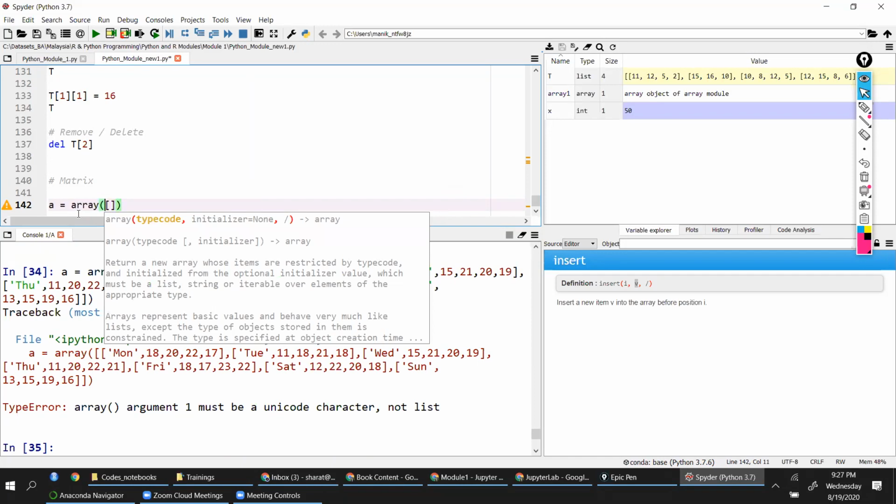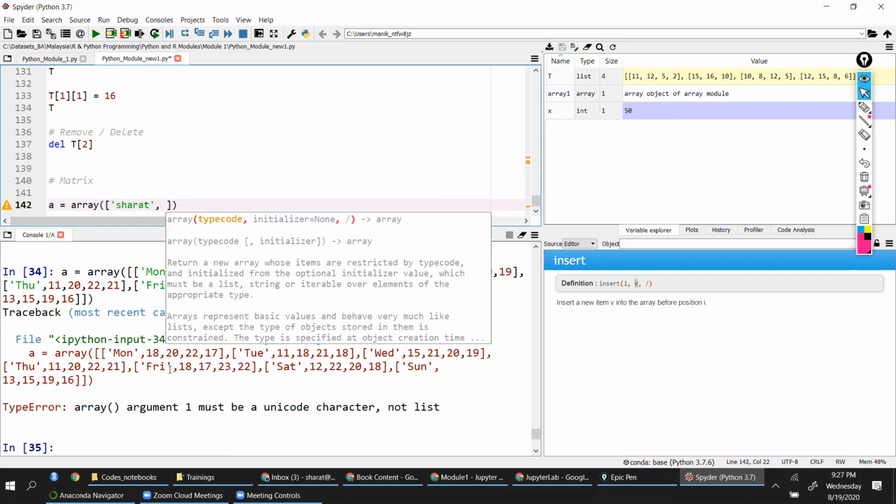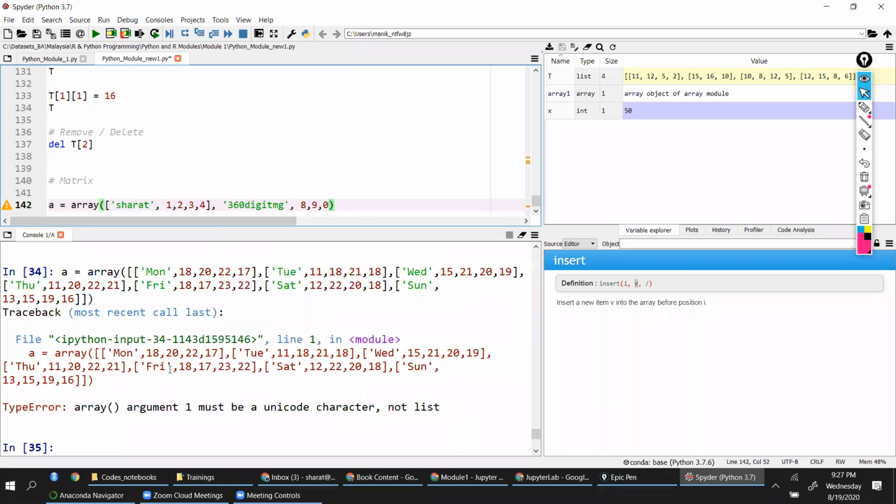Array of, I'll say Sharath and let's say 1, 2, 3, 4. And I'll say 360DigiTMG, comma, let's say 8, 9, 0.